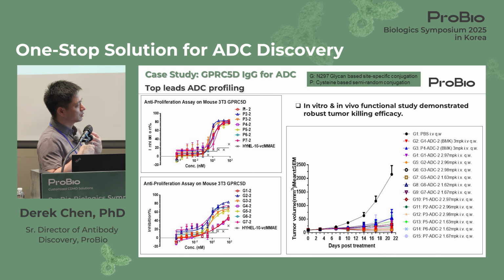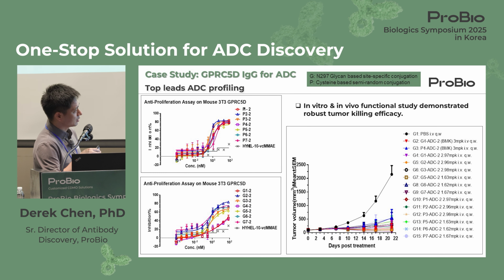So after careful characterization of naked antibodies, next we'll move on to the evaluation of the ADC pharmacologies after the conjugation with 2 different approaches. Here, the G stands for the glycan side chain based site-specific conjugation, while the P stands for the cysteine based semi-random conjugations. So both sets of samples, we analyzed them with in vitro assays and in vivo disease model, the